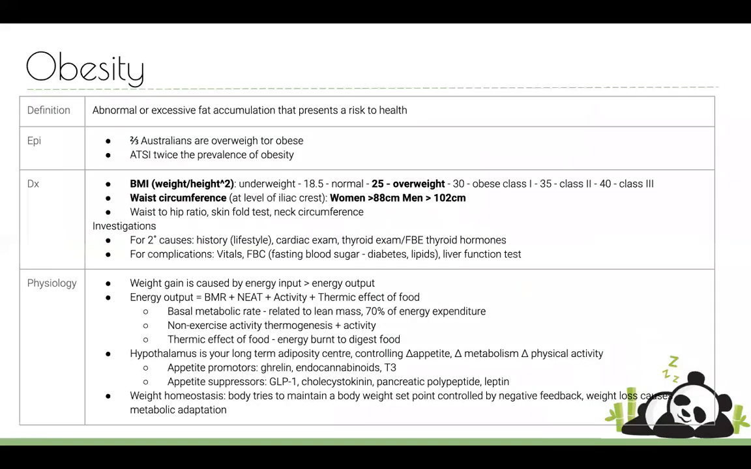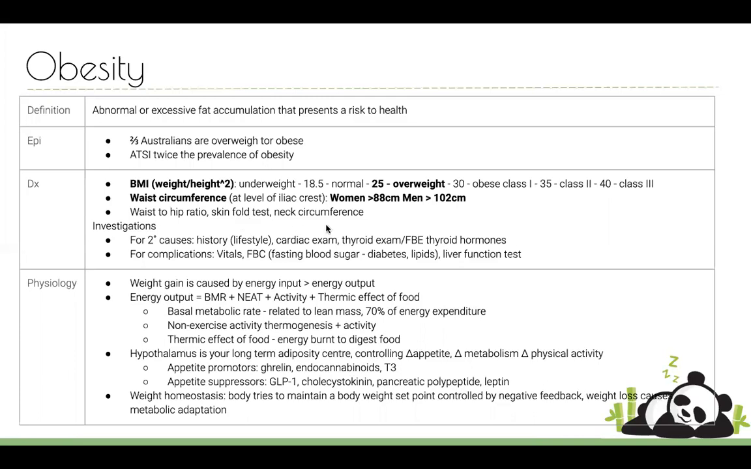Great. One of the ICLs you get this year is obesity. And that's defined as the abnormal or excessive fat accumulation that presents a risk to health. So two thirds of Australians are overweight or obese, and ATSI has twice the prevalence. Usually you diagnose this or you measure the BMI, the waist circumference,